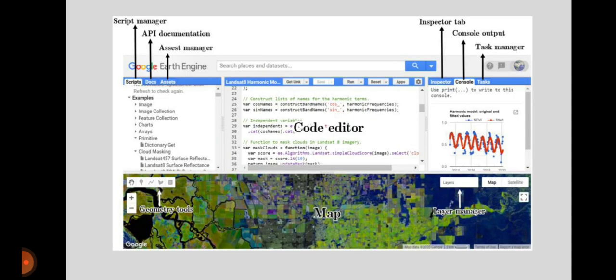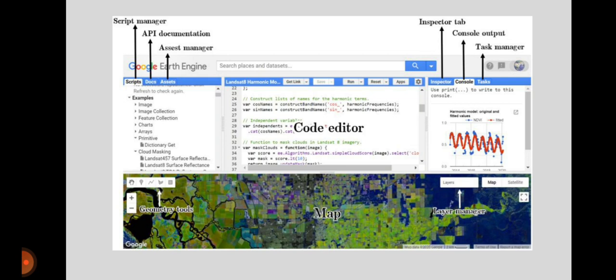Here in the Earth Engine Code Editor, we can see in a central panel the code editor, where the users will write their JavaScript code, and this is the space. We will write the JavaScript in the code editor, and Google Earth Engine processes the written code and illustrates the results as an image in the map panel or as messages in the console tab.